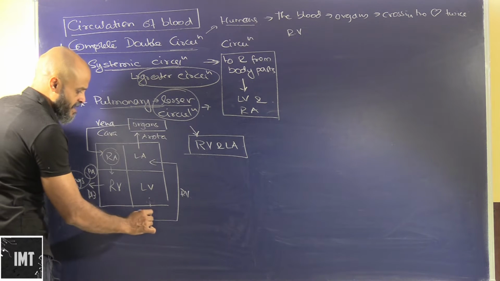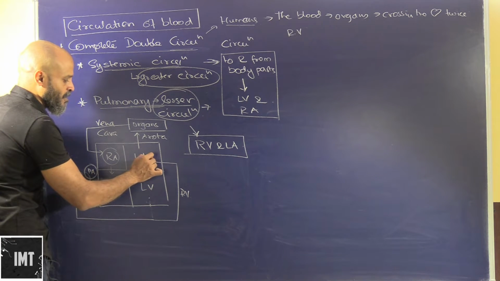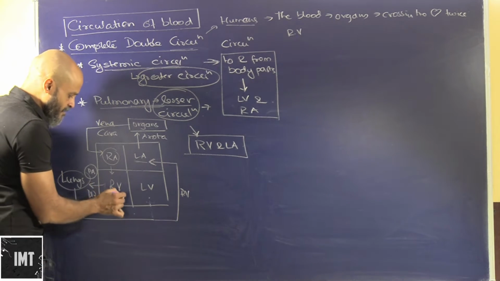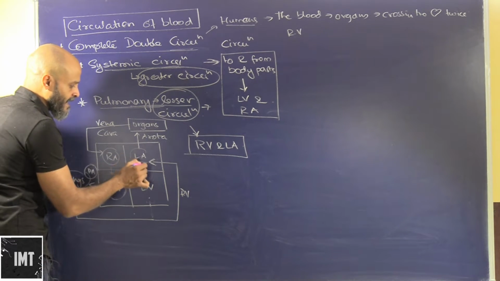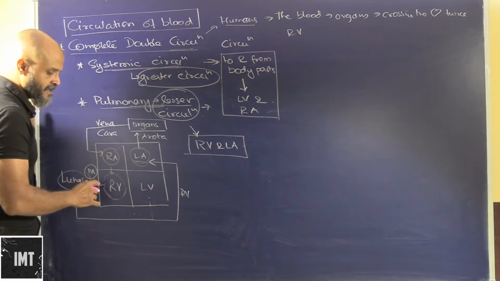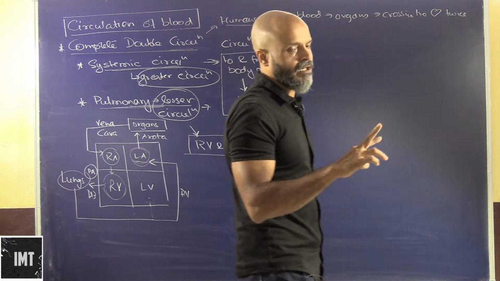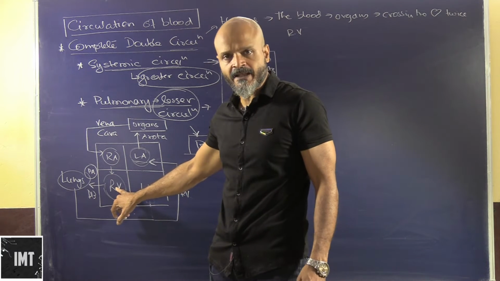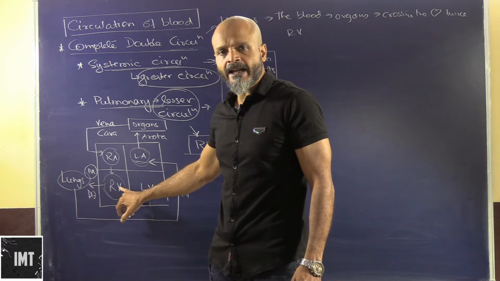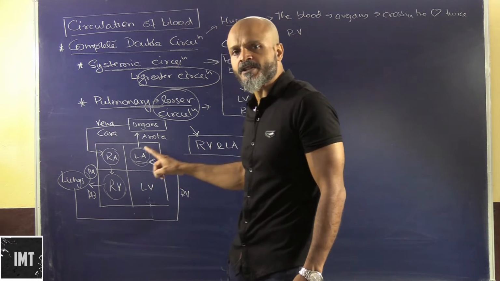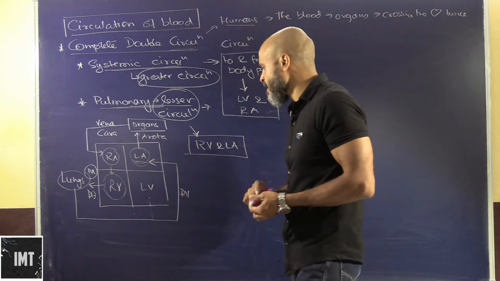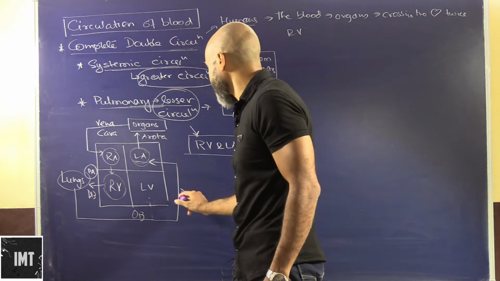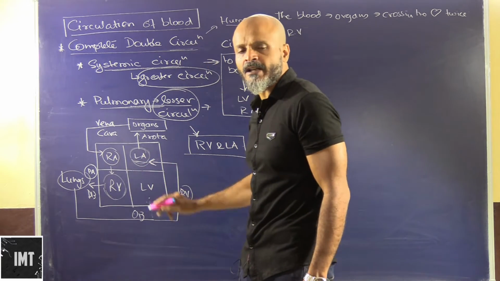After the oxygenation happens, it is carried by the pulmonary veins back to the left atrium. Okay, so if you see, the right ventricle and left auricle are just a connection between the heart and the lungs. Here the deoxygenated blood is coming from the right auricle. The right ventricle is pumping this deoxygenated blood to the lungs, and from the lungs the oxygenated blood is carried by the pulmonary veins to the left auricle.